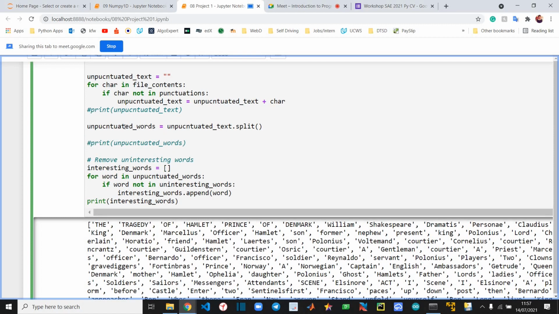Now I will define unpunctuated words again, equal to unpunctuated words, and I will use. Can somebody tell me what I can do here?